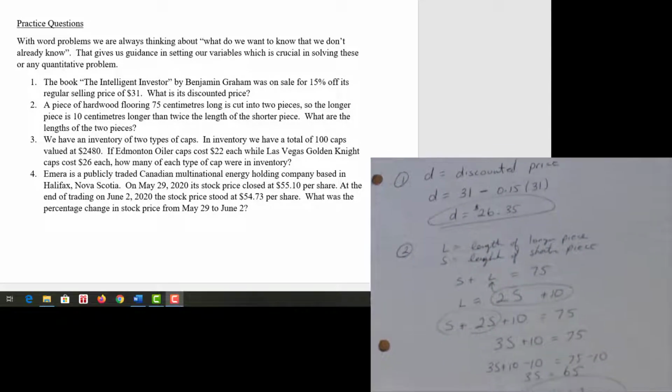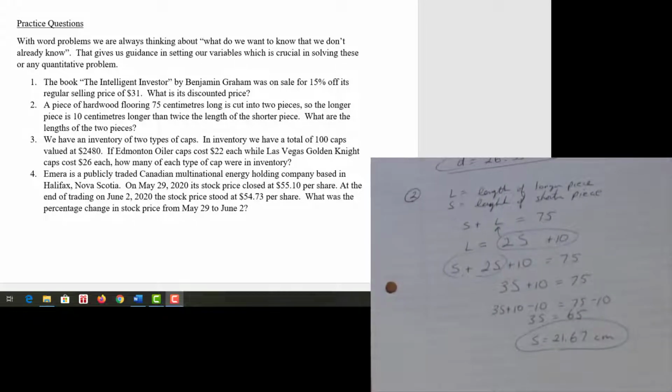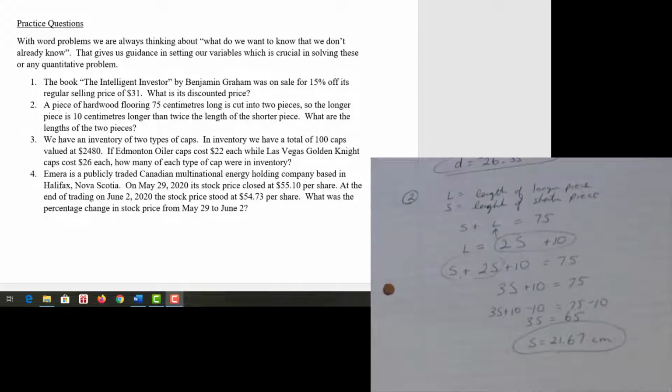Okay, so I've solved the first one. Next step, I'm going to take that S, plug it into one of the two original equations, and solve for L. Since we have an expression already set up for L, it's easier just to use that one. So let's do that. We know that L equals 2 times S, 2 times 88.33, plus 10, and that L equals 186.67